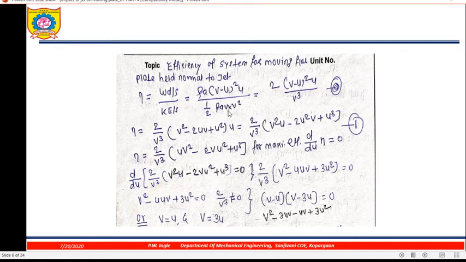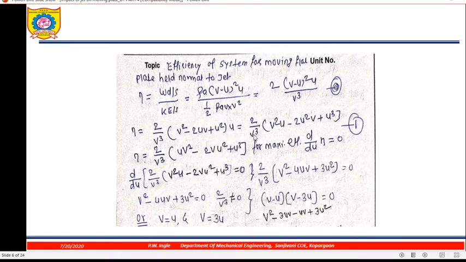What is the kinetic energy of jet? It is 1 by 2 m into v square. What is m here? Rho A V. You should not get confused between this rho A V and rho A (V minus u). Rho A (V minus u) we are taking after the jet strikes the plate, but before the jet strikes, it issues from the nozzle. So it is rho A V into v square. So rho A will get cancelled out, and you are getting 2 in bracket (V minus u) square into u upon v cube. Now what is (V minus u) square? It is v square minus 2uv plus u square, into u.